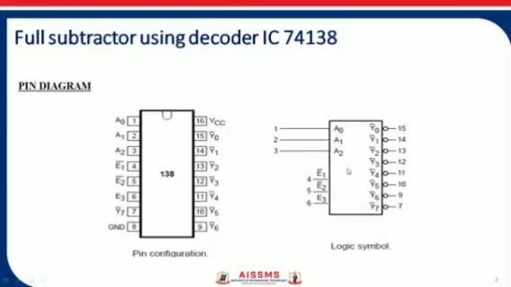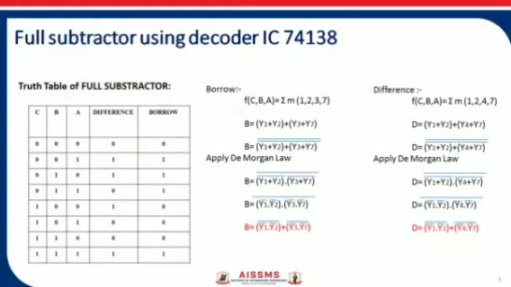To operate this in a regular action, three enable lines are there to activate the 74138. Out of that, pin numbers 4 and 5 are active low enable pins, and pin number 6 is an active high enable pin. So by keeping this in mind, we have to connect 4 and 5 to ground and 6 to VCC, and only then will the IC 74138 be in active mode.